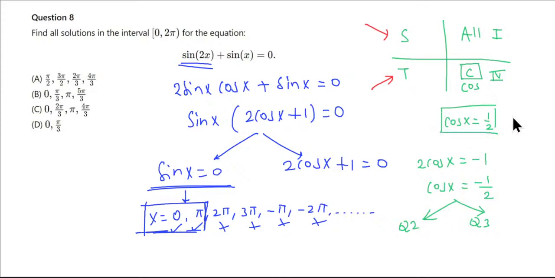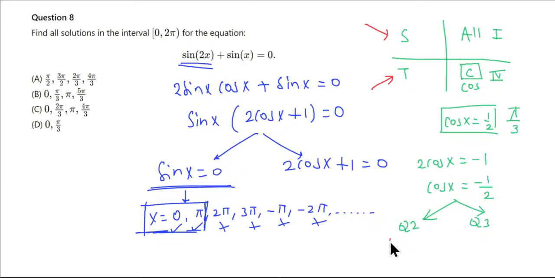And cosine is 1 over 2 when x is pi over 3. Cos 60 degrees is 1 over 2. And pi over 3 can easily be converted into its respective quadrant 2 and quadrant 3 angles